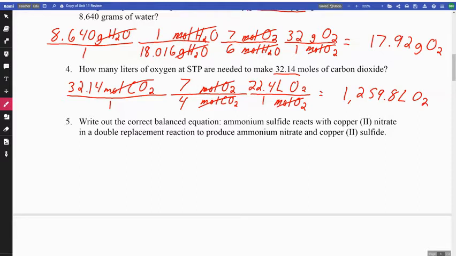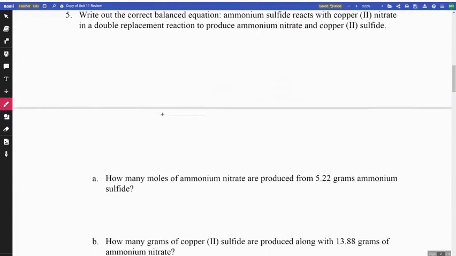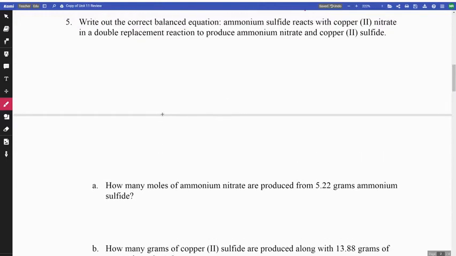All right. So now we're going to need a balanced equation, which I'm going to do down here so I can scroll down a little bit when we actually have it. Ammonium sulfide reacts with copper 2 nitrate in a double replacement reaction to produce ammonium nitrate and copper 2 sulfide. All right, so ammonium sulfide. Ammonium, you would find on the charge chart. It is NH4 plus 1. Sulfide is S minus 2. So you put those together, balance them out, you get a formula of